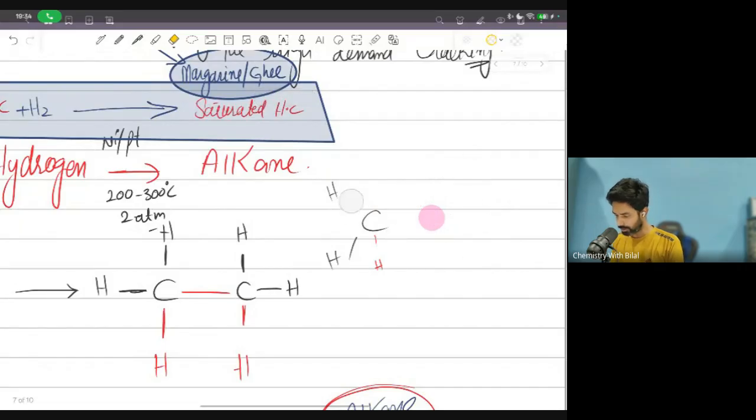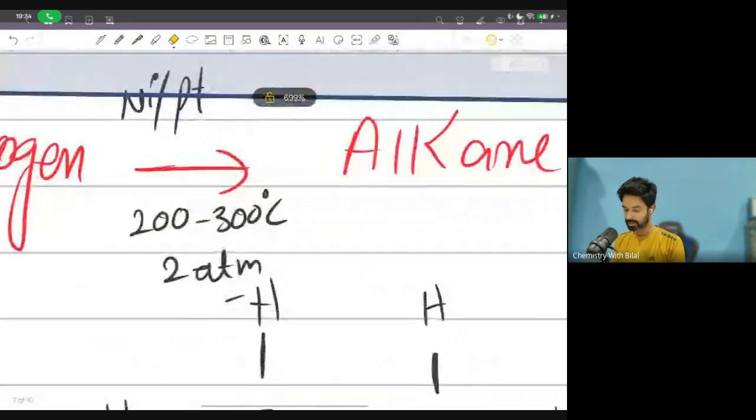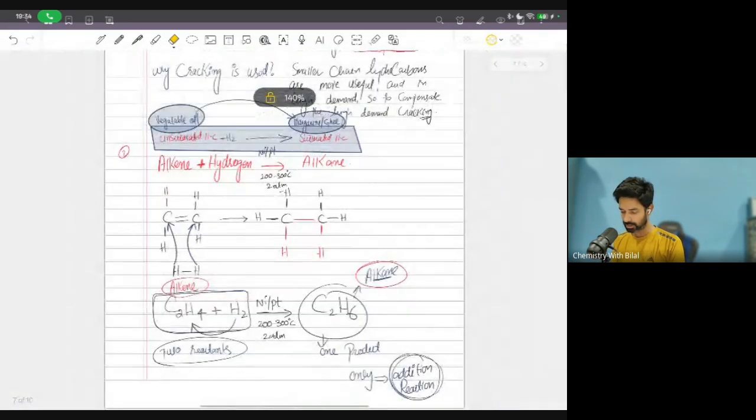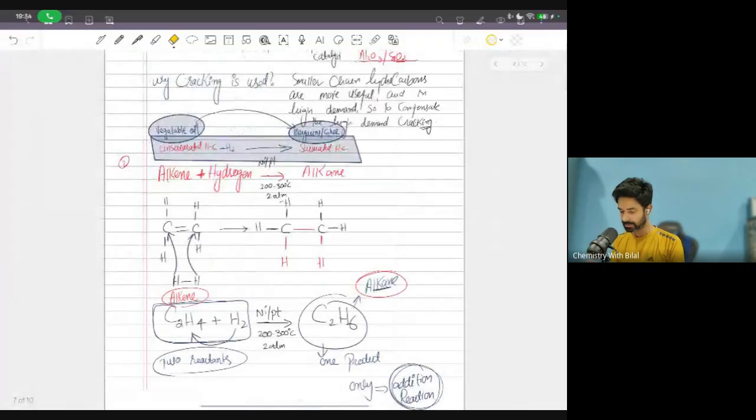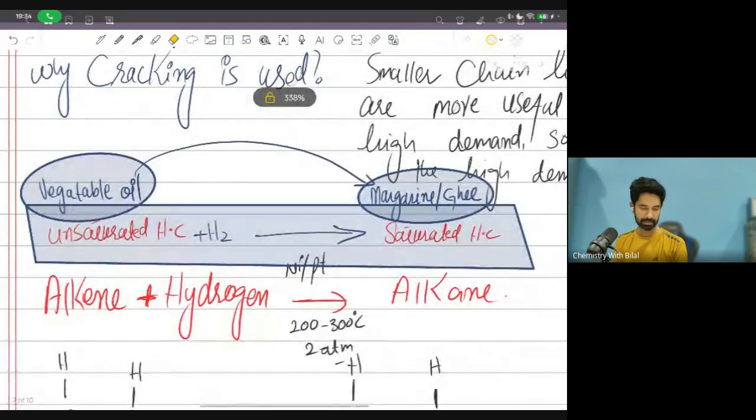So whenever you add, you always add to adjacent carbons with the double bond. This reaction requires 200 to 300 degrees, with nickel or platinum as catalyst, and this is an extremely important reaction on an industrial scale. It is because it is used to convert on an industrial level